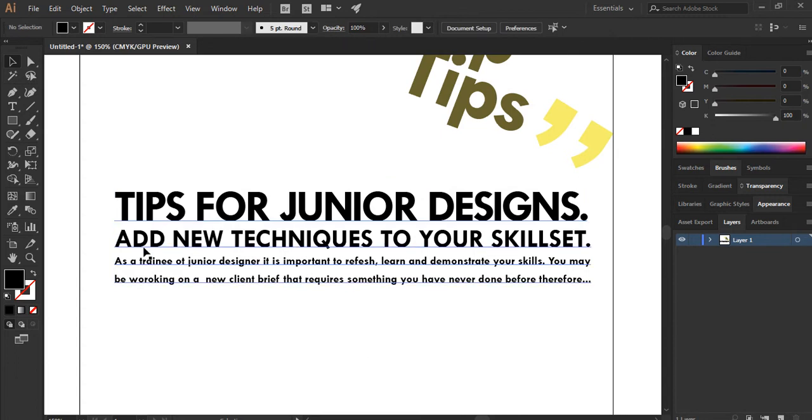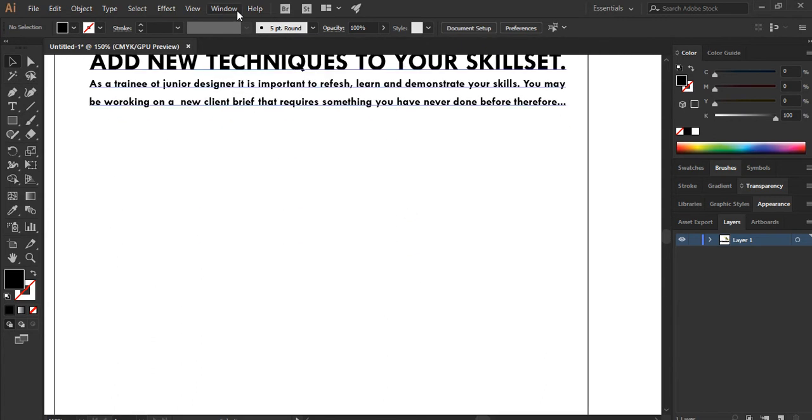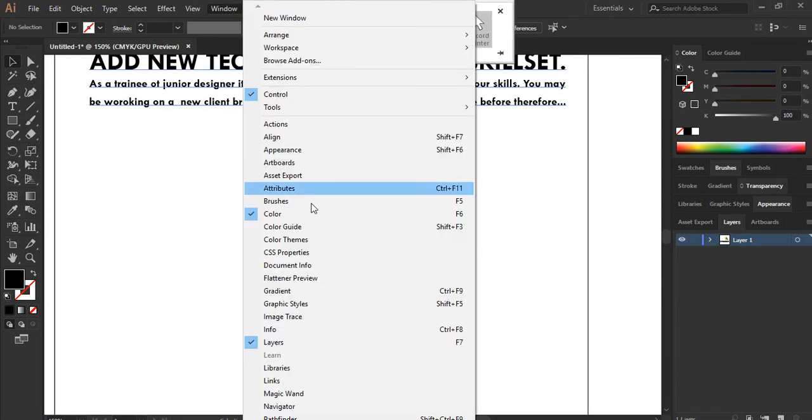Tips for junior designers, add new techniques to your skill set. As a training designer, it's important to refresh, learn, and demonstrate new skills. Blah blah blah. So it's all just the information that you're going to use for your main article, whatever your main article is on. The way I like to structure this to begin with is I go to Window,